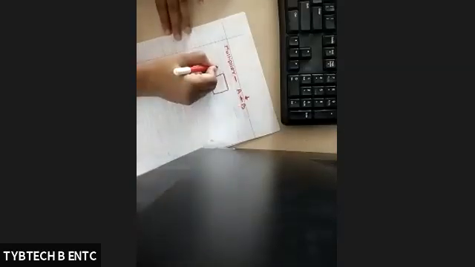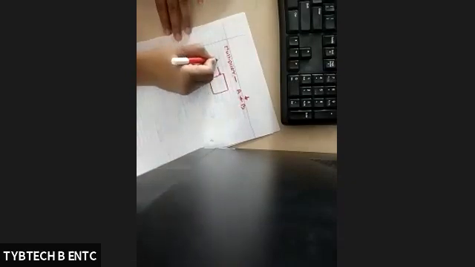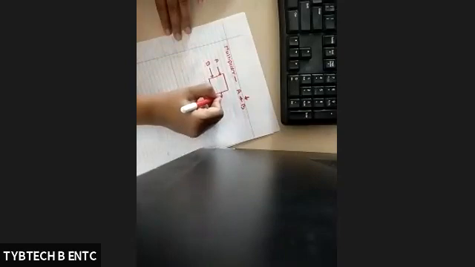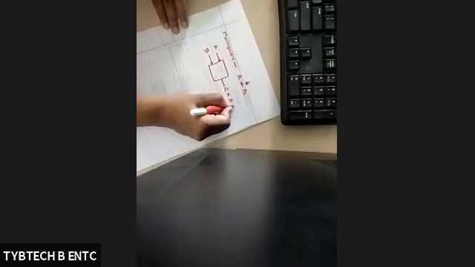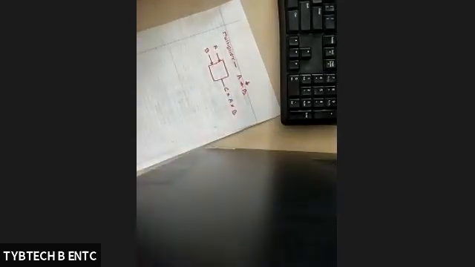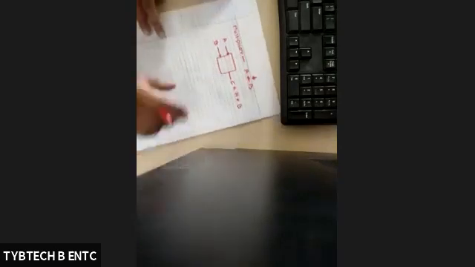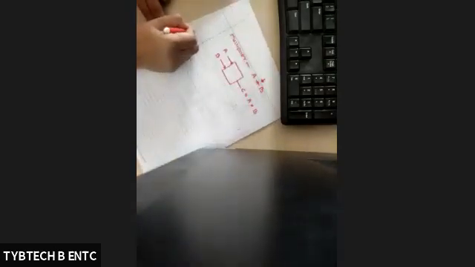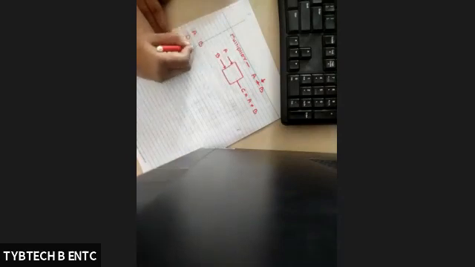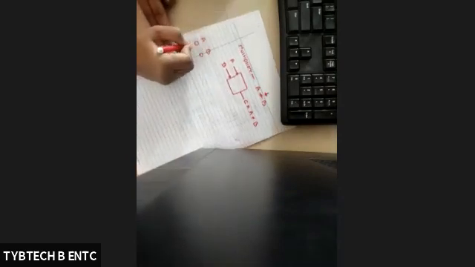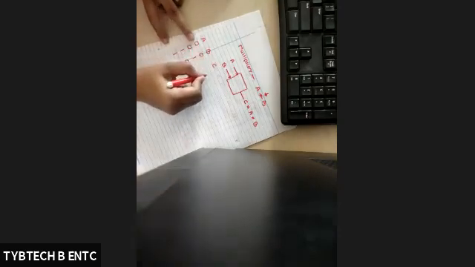So 2 inputs are there. Suppose this one is the A and B, right? And here I am getting output is equals to C. C is equals to A into B, right? So as it is 2 inputs, A and B, 4 possible combinations are there. 0, 0, 0, 1, 1, 0 and 1, 1. This is what my C, that is output.